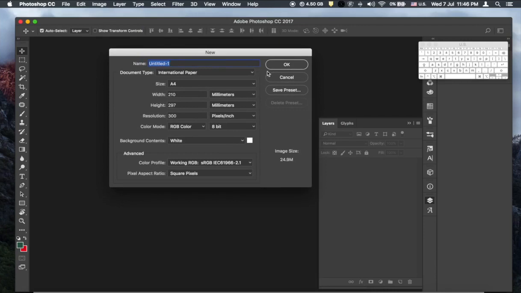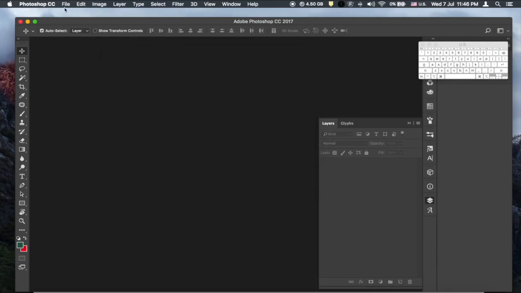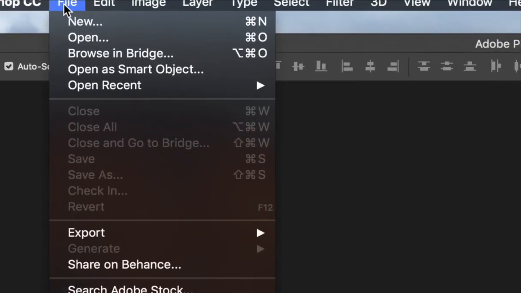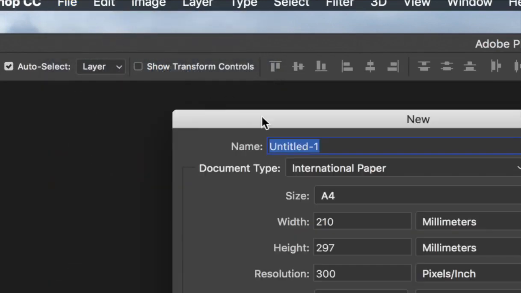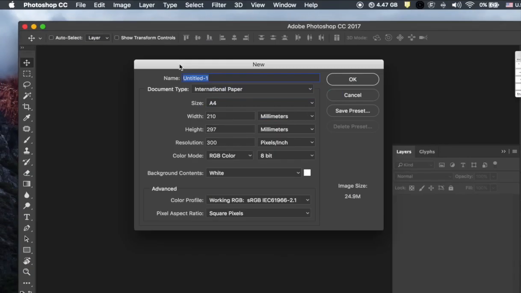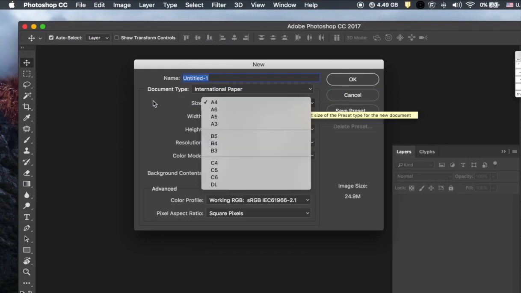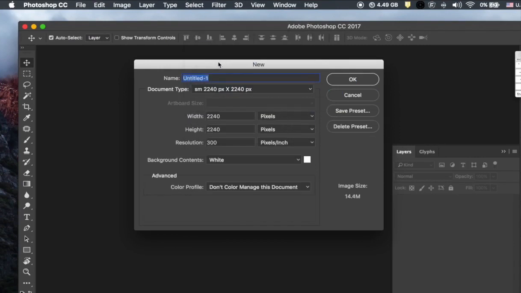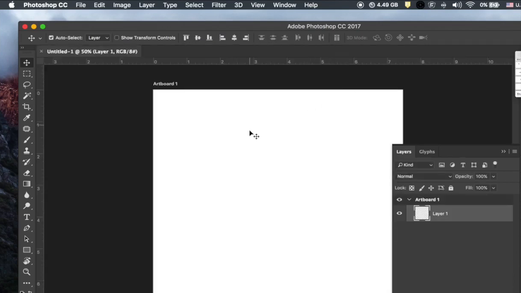You can do this by also going to File, and then creating a new document. So a preset here, which is social media, this one. Alright, so let's jump straight, click OK,